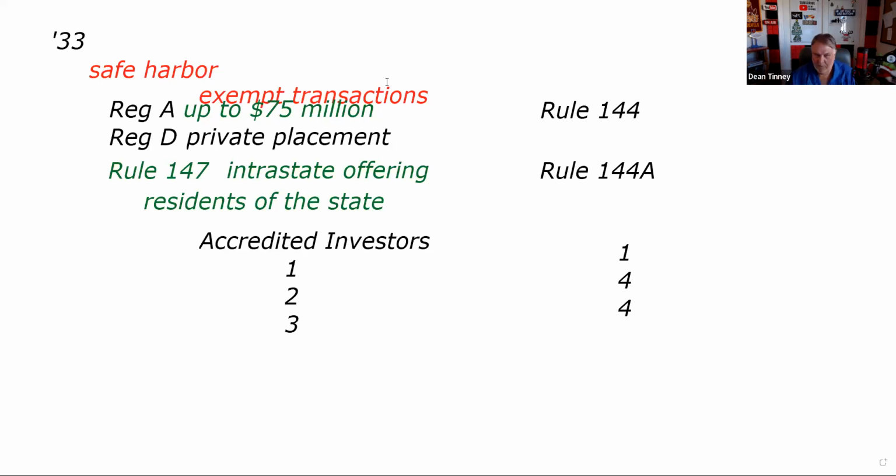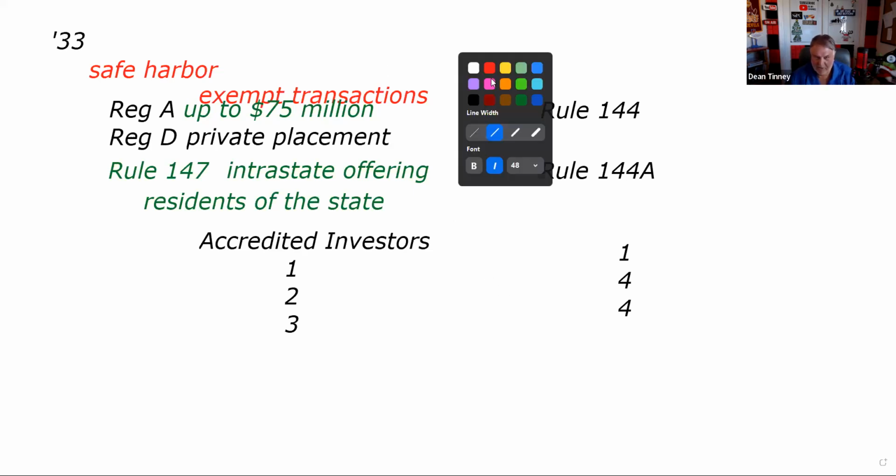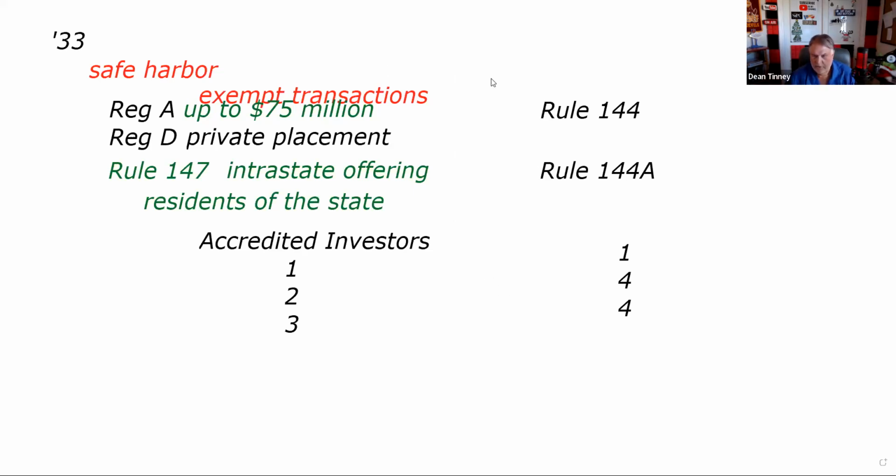That's our first 1. That's why we got a great memory aid device that I think is going to be helpful for you. The 1 in 144 is you can sell up to 1% of the outstanding stock